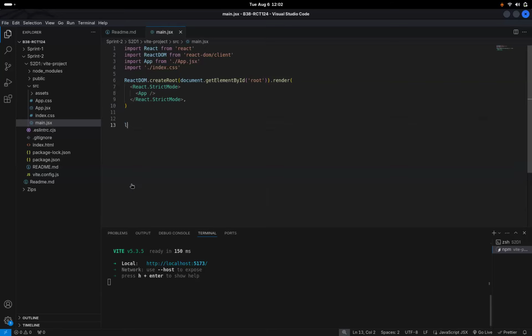Remember when we used to do root equals ReactDOM.createRoot and all, and after that we did root.render. They have done that in one line itself. They have done ReactDOM.createRoot, accepted this, and here itself chained another render method, and they have rendered this application.